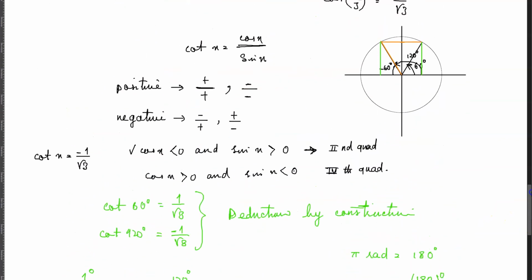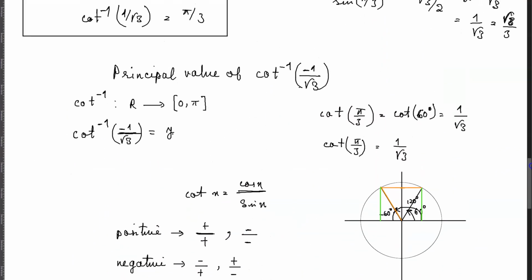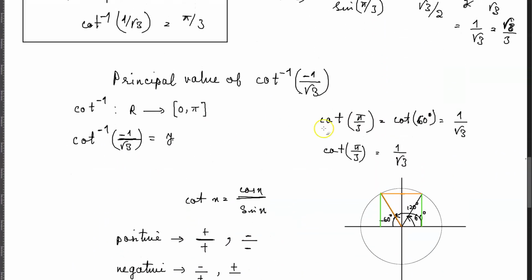So what that means is that now I know that the cot of 2 pi by 3 is equal to negative 1 over square root of 3. Negative 1 over square root of 3, which means that